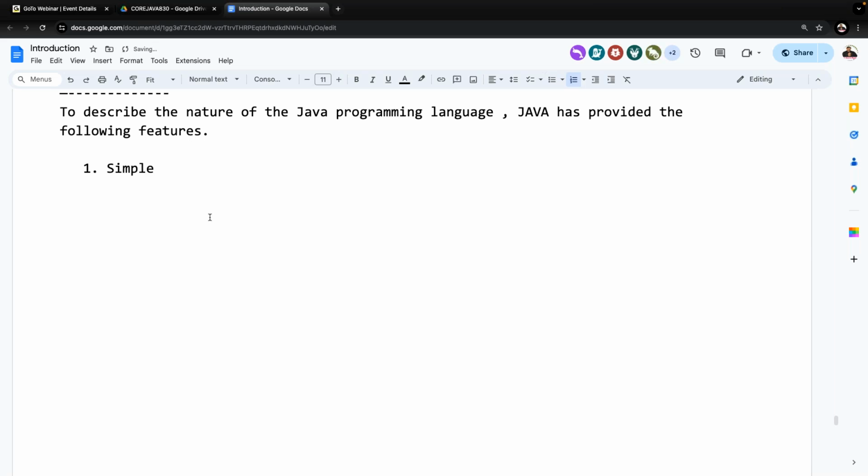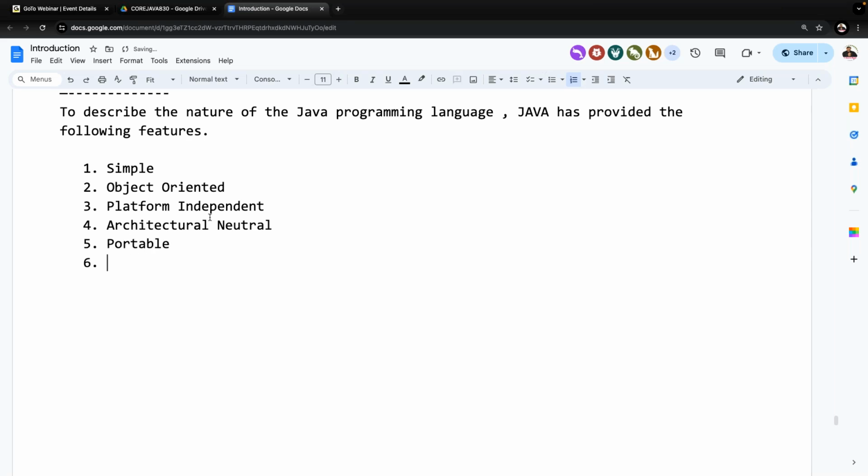Java is a simple programming language. Java is an object-oriented programming language. Java is a platform independent programming language. Java is an architectural neutral programming language. Java is a portable programming language.